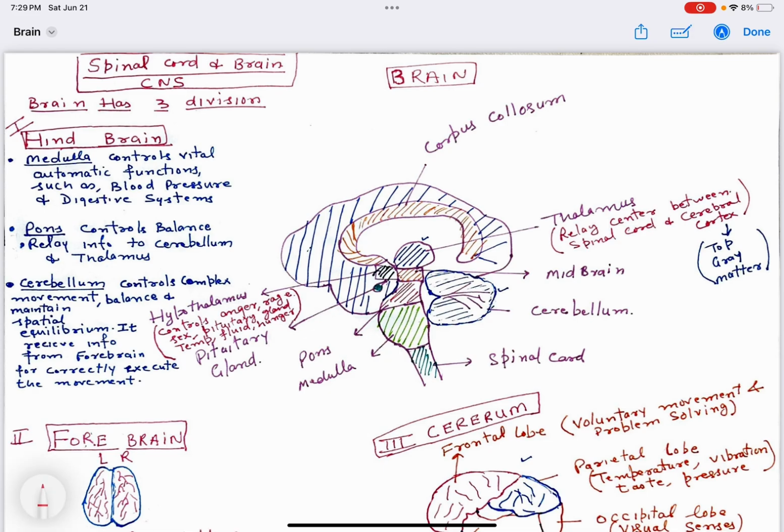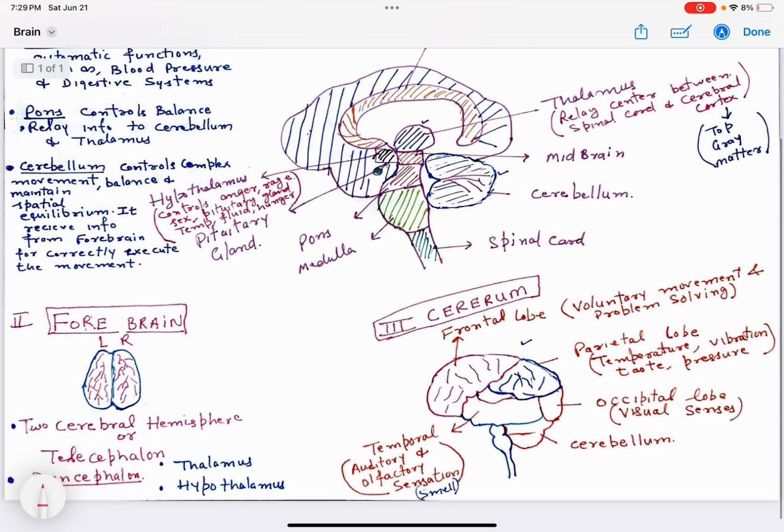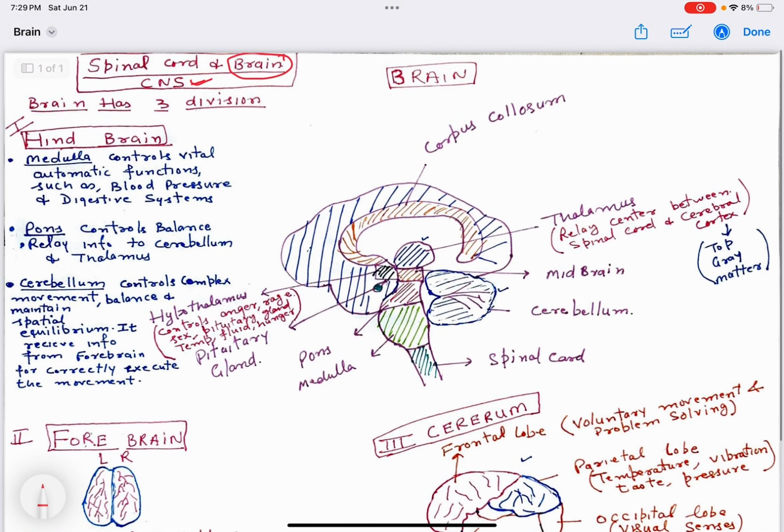So the spinal cord and brain both are part of the central nervous system (CNS). But today we're going to only talk about the brain, and the brain is very complex. We all know that, right? So I divided the brain into these three parts, and most of the time when you read articles, they divide it like